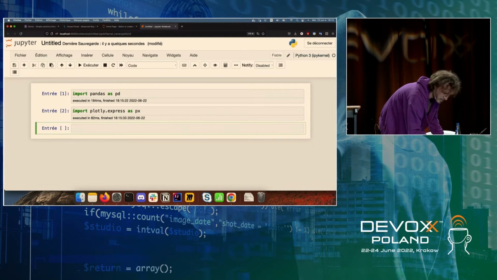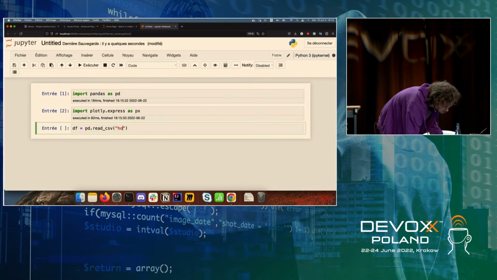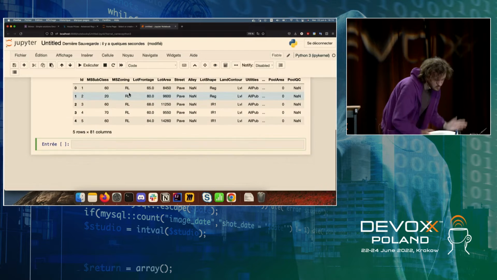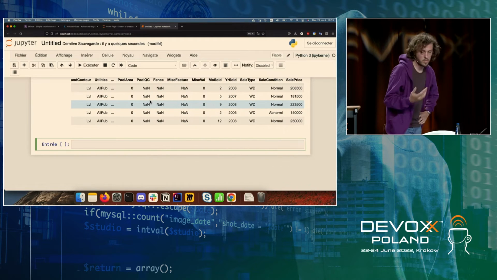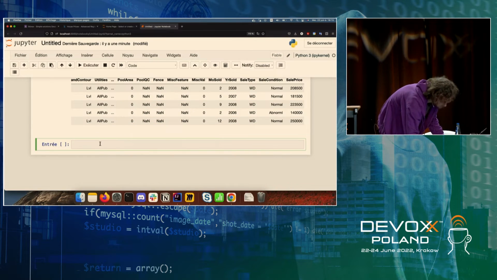And with that, you can open your data. You get auto-completion, and you can see what's inside. You can easily get it this way. You can filter on some rows, try to crunch it, and you can also plot it. So for example,